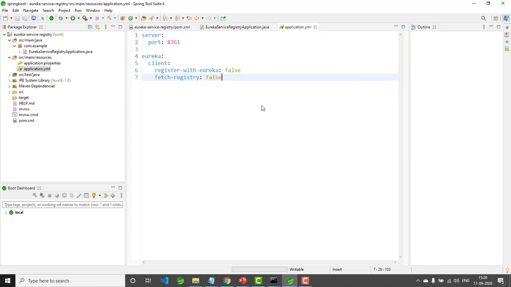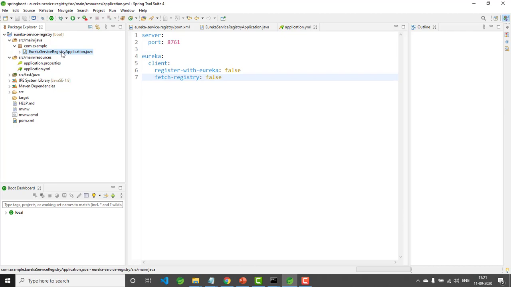These are the properties that we need to give for Eureka server. So as I told you, if I am using application.properties file, I need to give eureka.client.register-with-eureka false, eureka.client.fetch-registry false, and any other property coming with eureka.client, I have to add it continuously. But with YAML file, for one single element, the properties associated with it are given in a single stretch with indentation. That is what we have done. eureka.client, indentation register-with-eureka, indentation fetch-registry. So now the configuration details are also done. Let me save this.